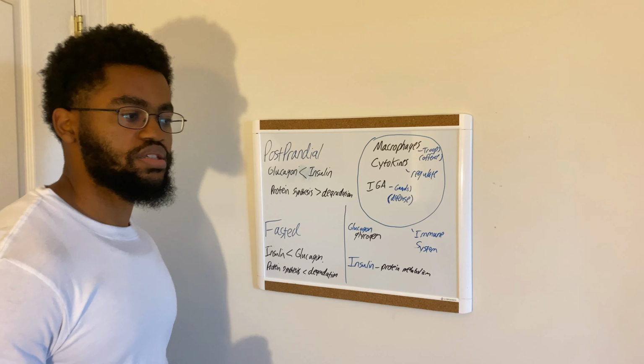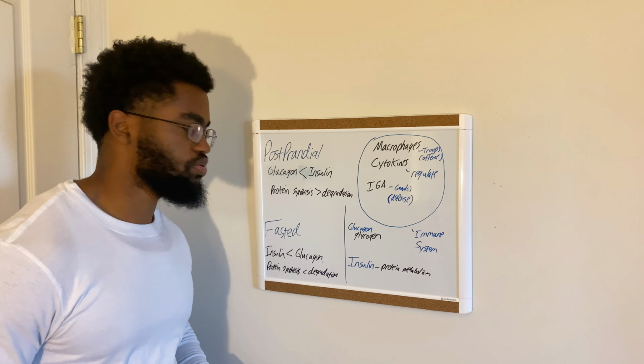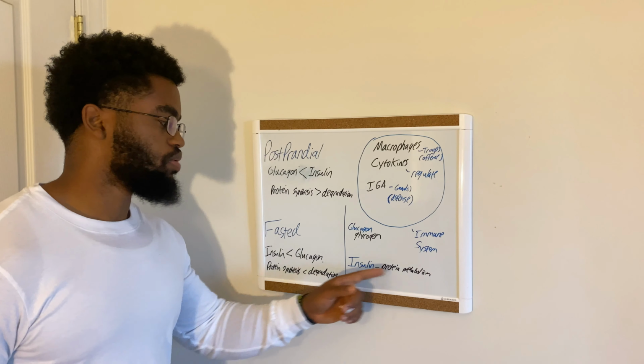Okay, so if you overeat, then you are more likely to develop insulin resistance, and now you have a whole host of other issues such as developing type 2 diabetes, chronic inflammation, and more. However, if you're eating adequately for your needs throughout the day, insulin is beneficial because, like I said, your immune system is going to be improved, protein metabolism is going to be elevated, and insulin also inhibits the oxidation of other cells, which can in turn lead to a longer life overall, because oxidation of cells is a bad thing. That leads to heart health issues and elevated cholesterol and things like that.